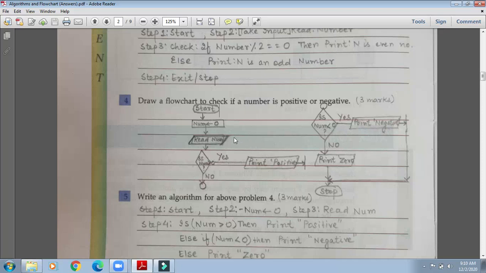So this is the whole process. Start, number, make the number 0, otherwise the number can be any other variable. Any other number can be there also. So start, num 0, read the number. Is number greater than 0? Yes, print positive. Is num less than 0? Print negative. If it is neither greater than 0 nor less than 0, it means it is 0. Then stop. So like this we can also write, and one more I have